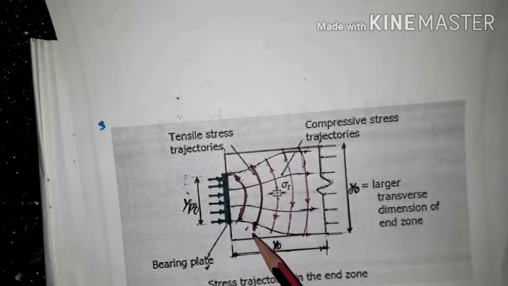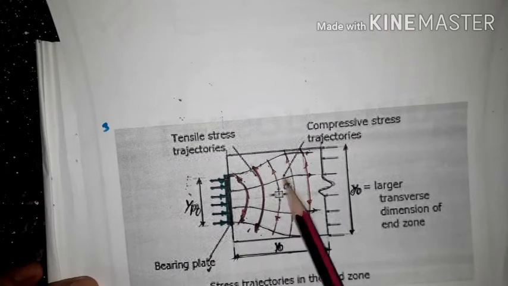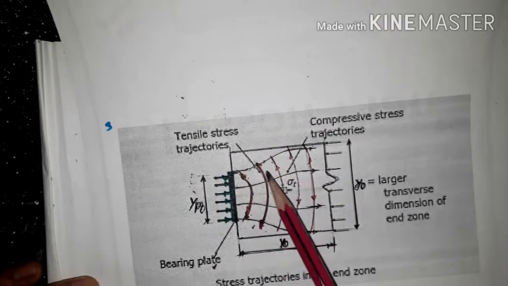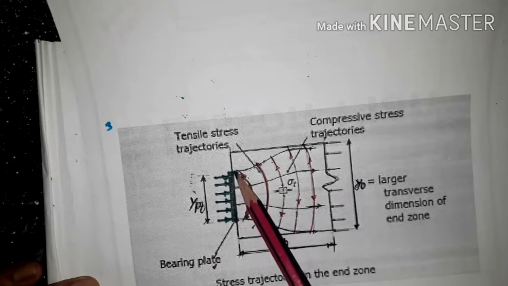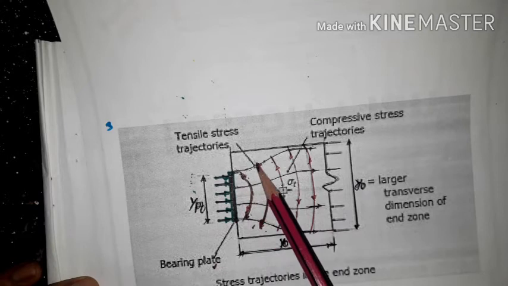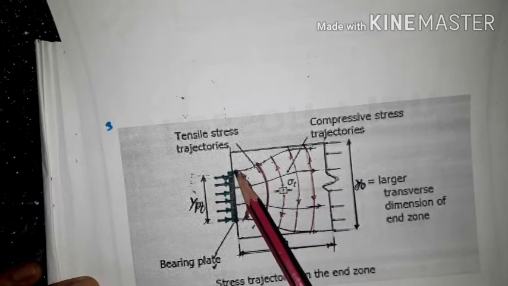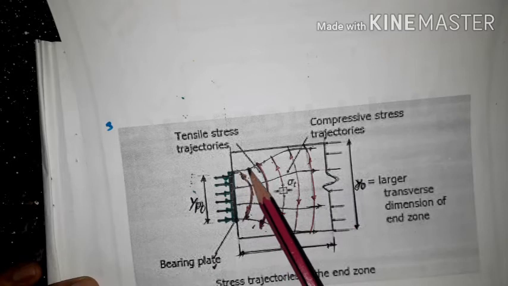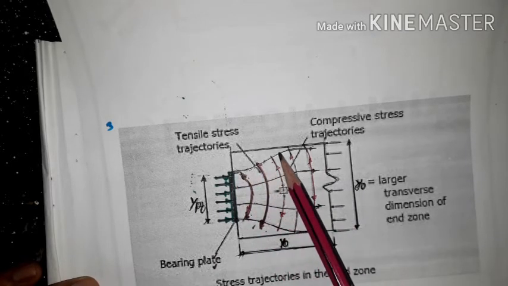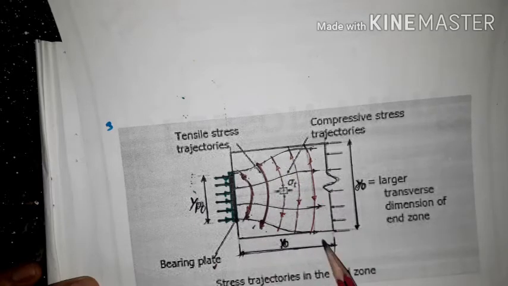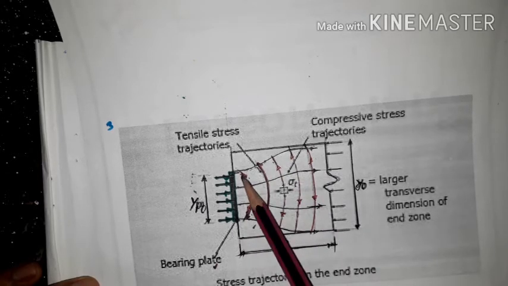Let me recall once again. You can see this is the more stressed area, because the force is directly transferred to this. Then the forces go from convex to convex, so it becomes parallel. You can see here it will travel and become parallel at some distance, that is y naught. Then these are nothing but the transverse, the tensile stresses.